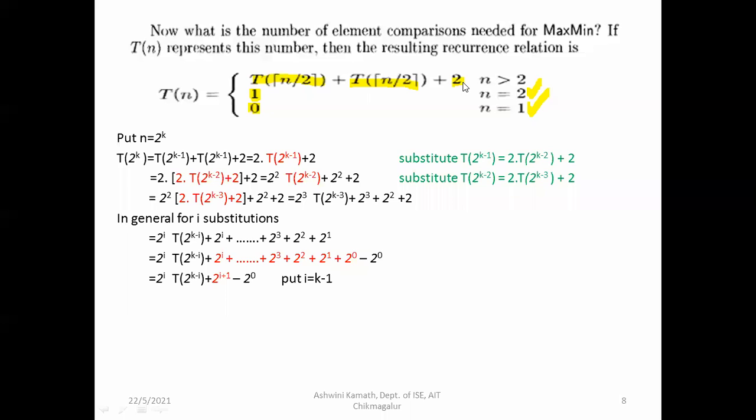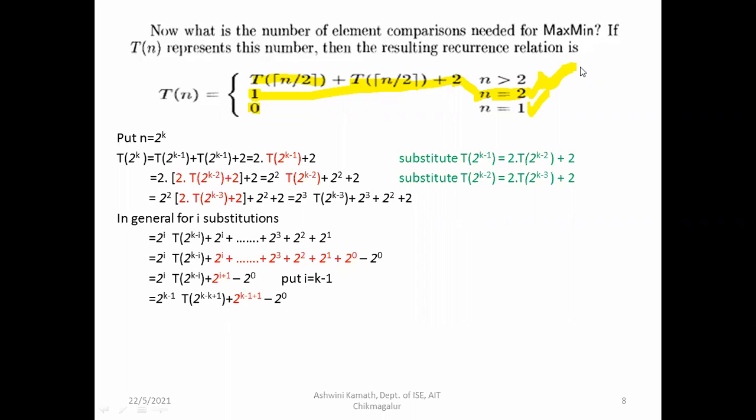Now I want to get the initial condition. I don't want that for 0. I want to get n is equal to 2. This is the initial condition. I want it for 2, because the smallest problem is when n is equal to 2 also. This is the largest number that we can stop at. So I'm taking n is equal to 2. So assign this value. I want to get this value, n is equal to 2. So I'm going to put i is equal to k minus 1.